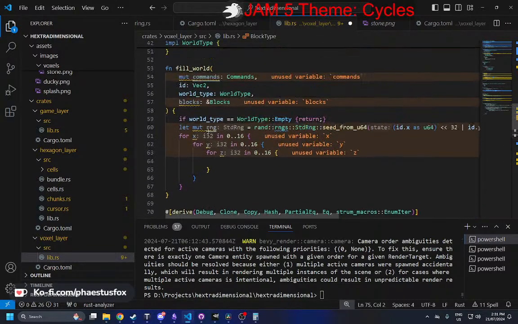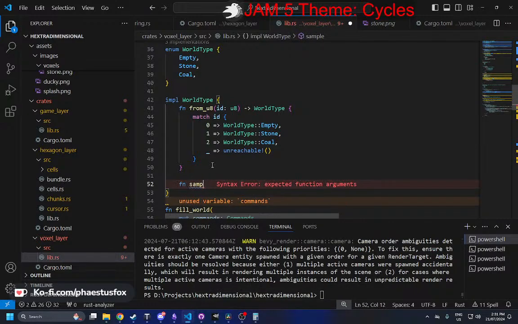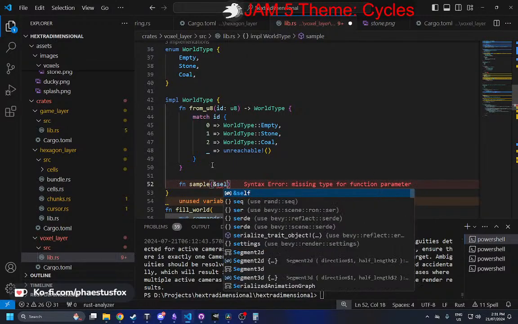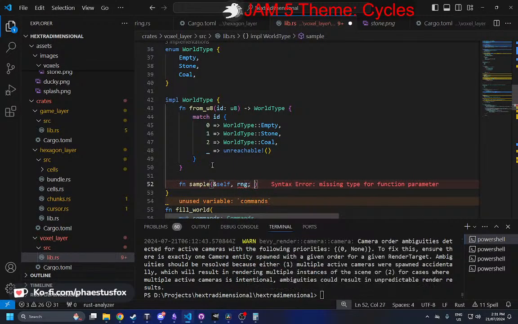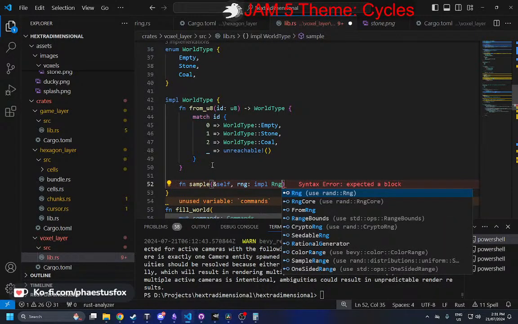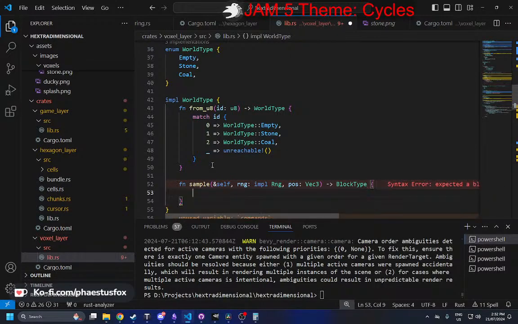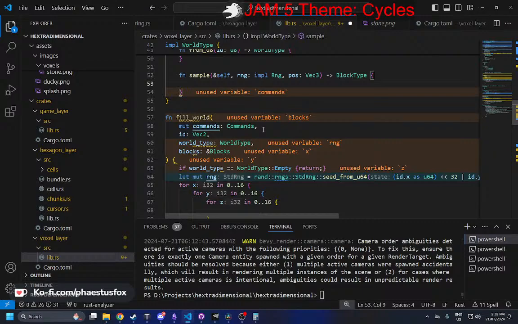And then I guess it's not block type, it's world type, and then we're going to say fn sample. And this is going to take in a self, an RNG, which is going to be an Rng, and a pos, which is going to be a Vec3, and then this will return a block type. Alright, so we'll just put todo here,